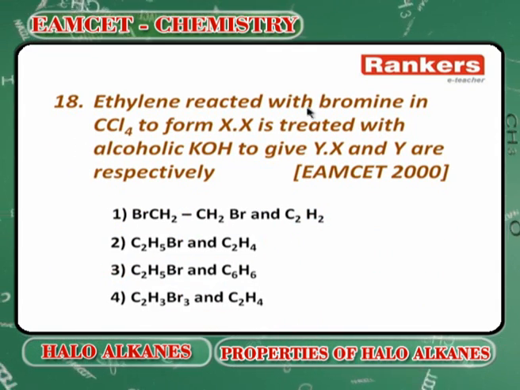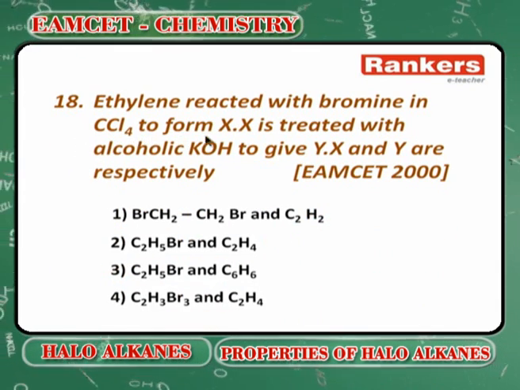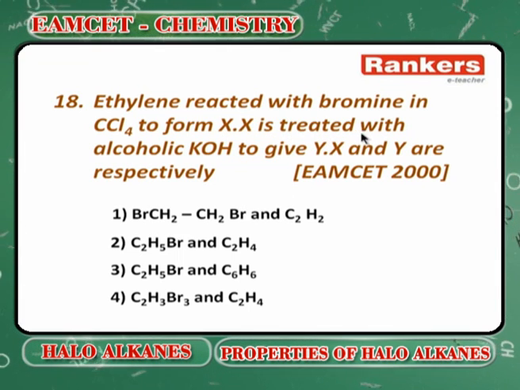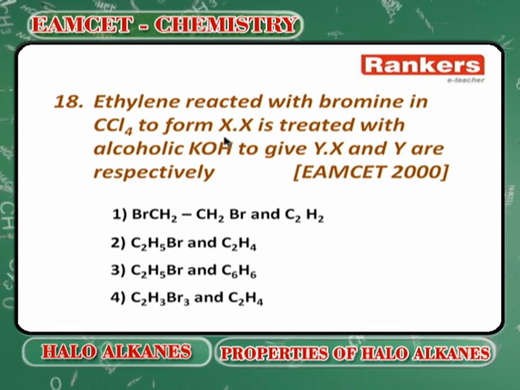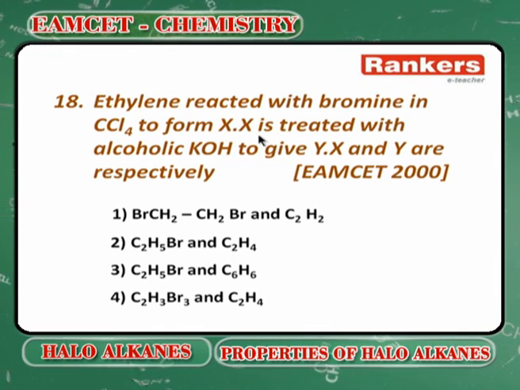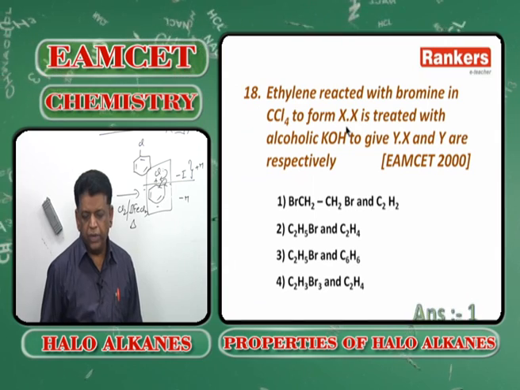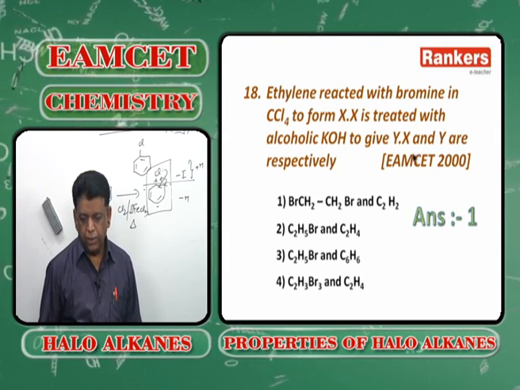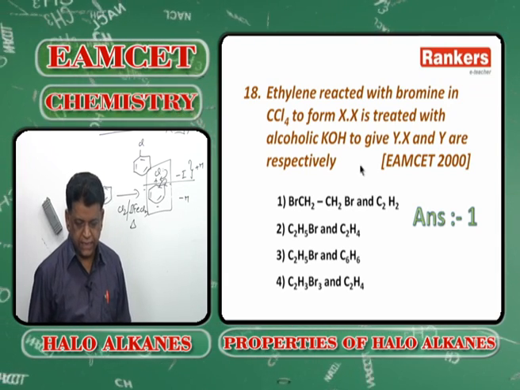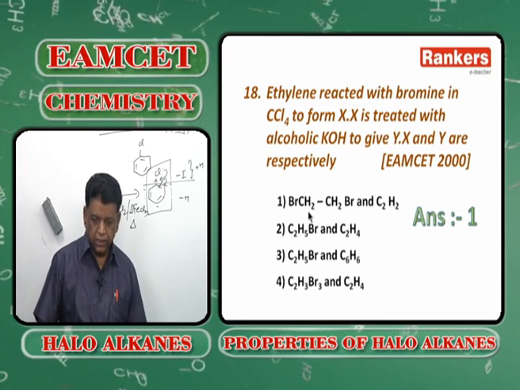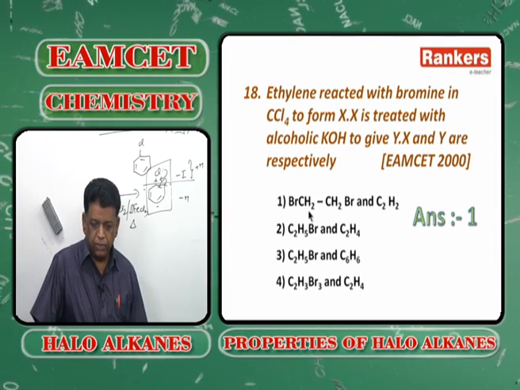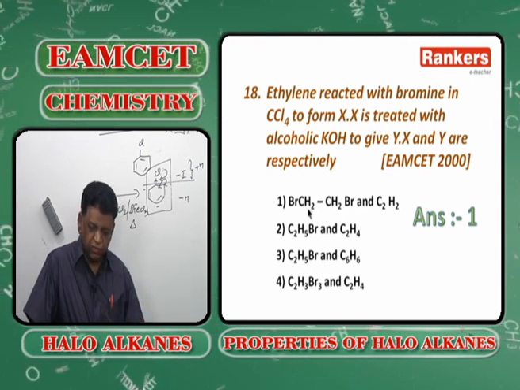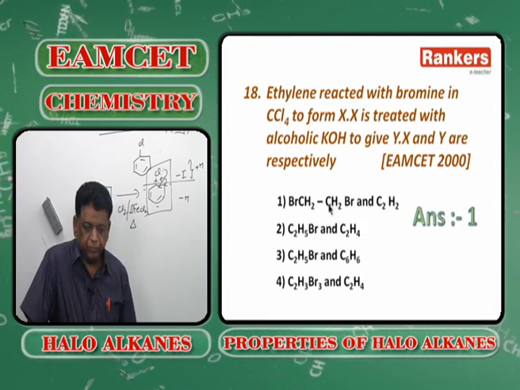ethylene reacted with bromine in CCl4 to form X. CCl4 is only a solvent here, don't get confused. So, ethylene will be added with bromine, so you will get 1,2-dibromo. This 1,2-dibromo with alcoholic KOH eliminates 2 moles of HBr, gives acetylene. So, Y must be the acetylene, X must be the dibromo compound. So, answer 1 will be the right answer. Next,